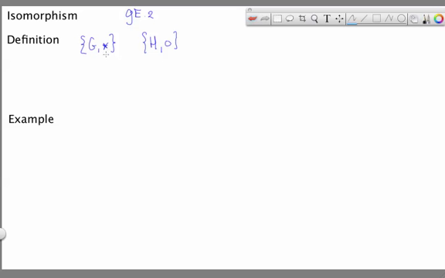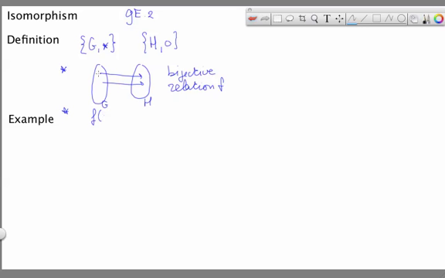Now these two groups are isomorphic if the following is true. First of all, there needs to be a relation F between G and H where this relation is bijective. And secondly, this bijective relation F needs to be like this: if I apply